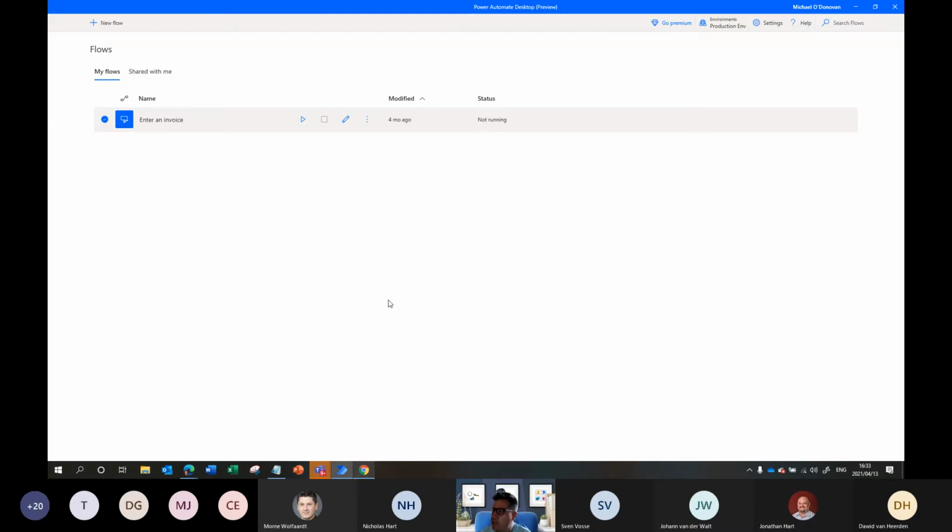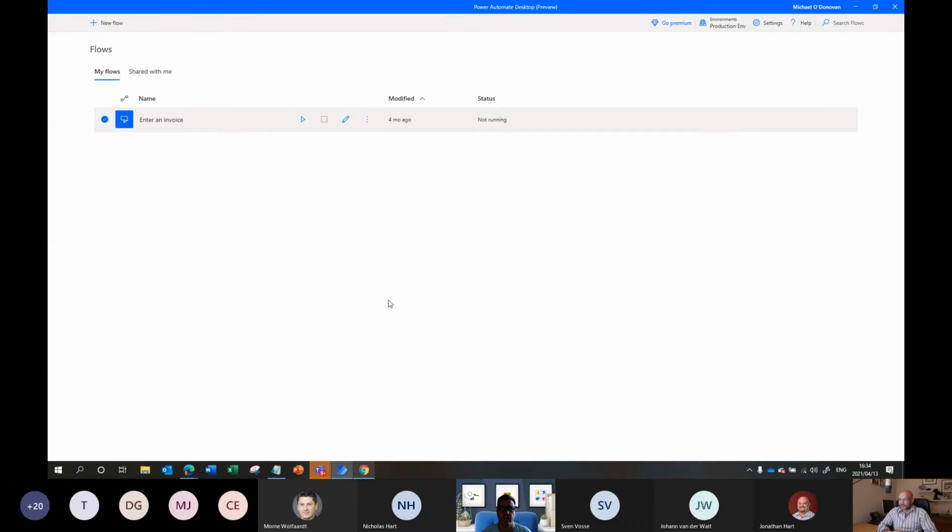I think there's a few things maybe I can quickly ask you. One of the things that you did there was you launched Outlook and you got it to send an email. Yet we know already in Power Automate in the cloud flows, so this is a desktop flow, it's automating the desktop. So cloud flows, which happen in the cloud, the flows that we've been creating for many years, there's a send mail action. So when should I choose between the two?